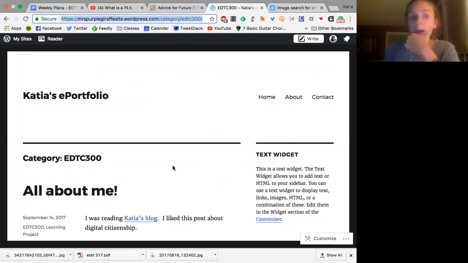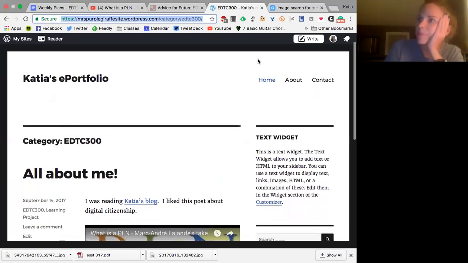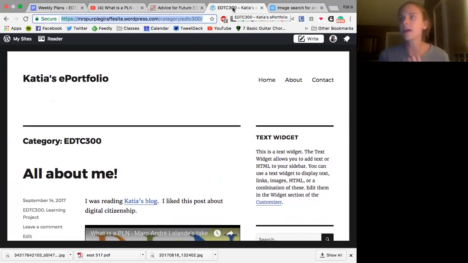And yeah, absolutely, you certainly can privatize any post. You are able to do that for every single thing. WordPress allows you to be very specific about what you're showing and what you're not. Okay, so that's that. And that's kind of how to make that category and how to give me that link.